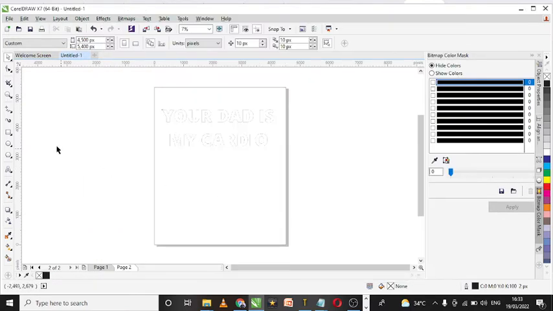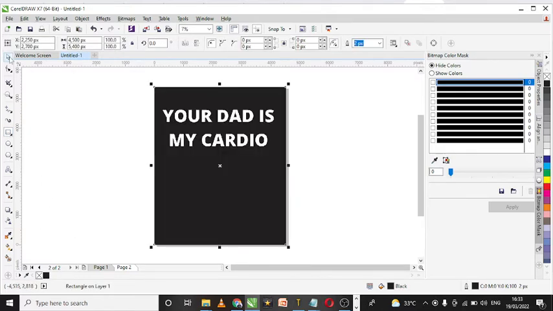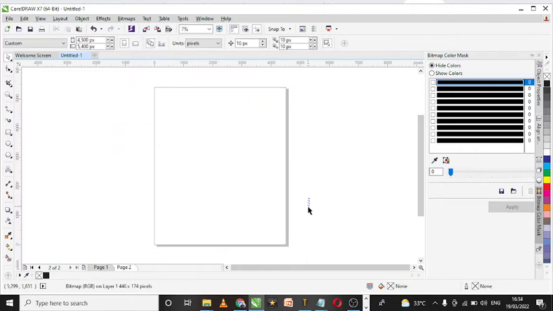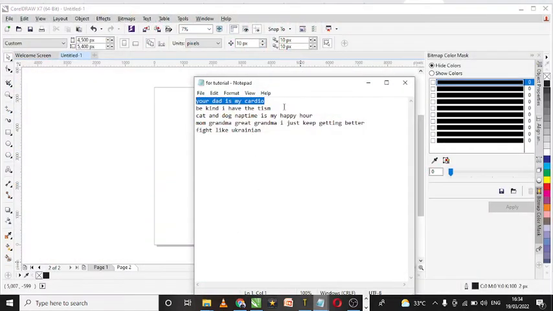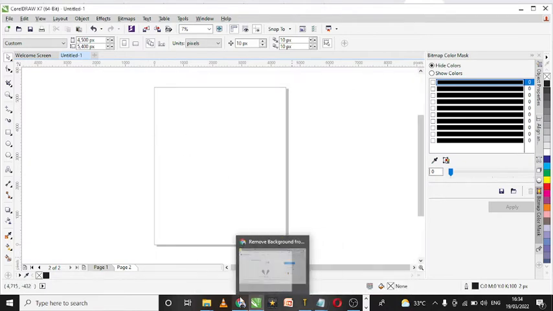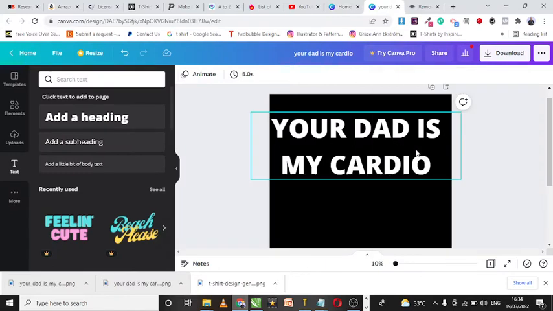That's pretty much how you go about creating a text-based design without the background. So this is our very first design. I'm going to go ahead and do this for another design. So our second design is Be kind. I have the theme, so I'm going to copy this and head back over to Canva,